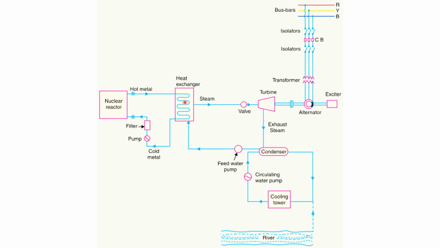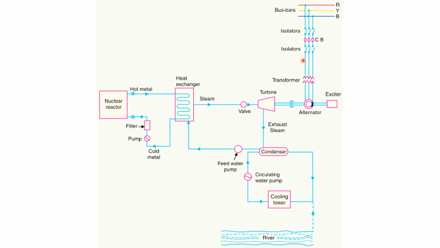And this heat energy then converts this water into steam, which is directed into the turbine via a valve. The valve controls the amount of steam entering the turbine, and thereby controls the speed of the turbine. The turbine in turn is coupled to an alternator which produces electricity, which is fed into the grid via